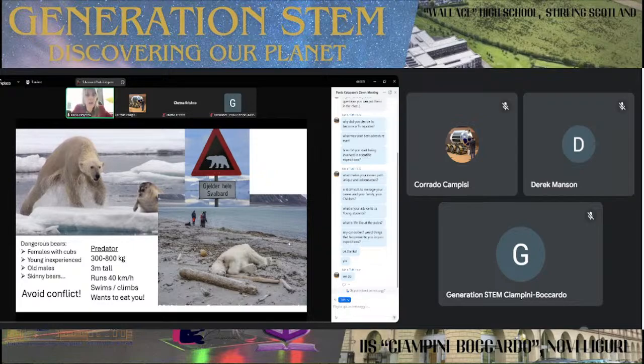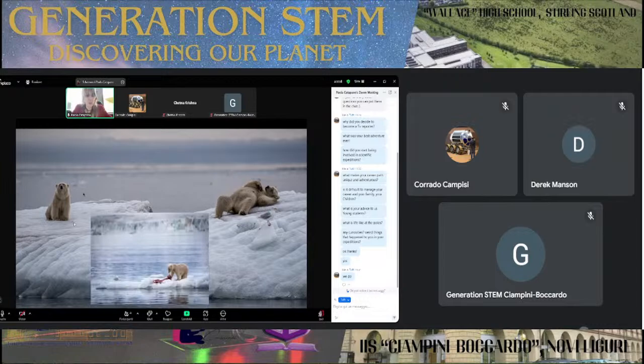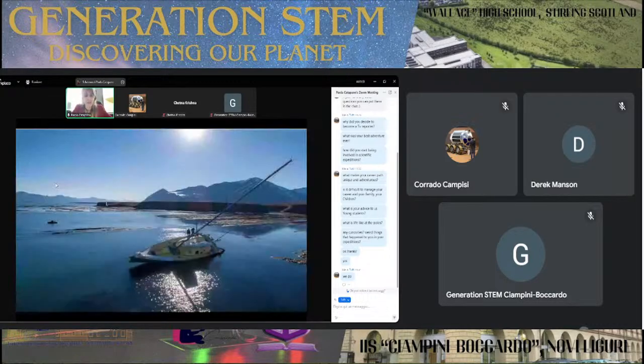But every now and then a human loses their life or loses their fitness, because the bear can make you handicapped very, very quickly. But if you respect the environment and you don't disturb them, and they are fed on the iceberg, they can be as friendly as they were on this iceberg. Of course, we didn't approach the iceberg, but we were at 15-meter distance and very silent.